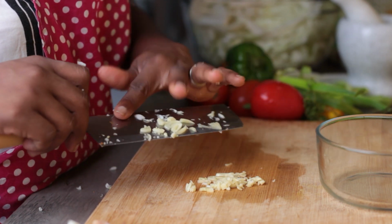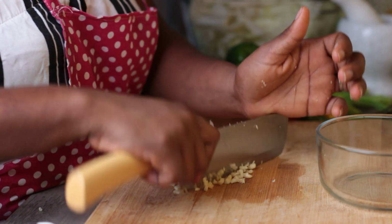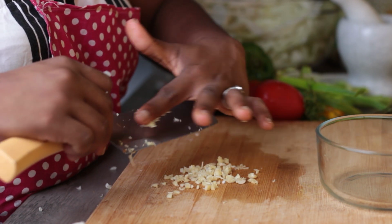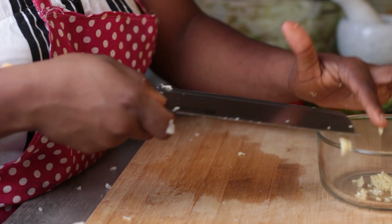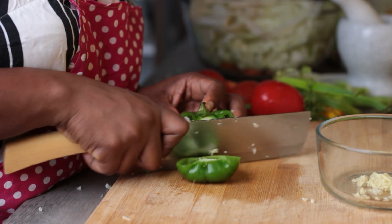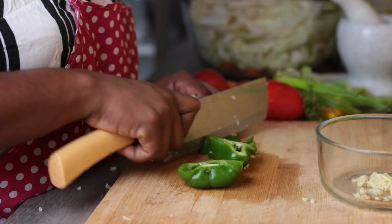Then maybe about 2 hours after having the tea, I'll have the soup, and then I'll just drink water for the rest of the day. So it's just the soup, water for the rest of the day, or if you want more soup you can have it throughout the day. And then in the evening I will drink another dose. I said dose like it's medicine, but yeah, I just drink some more soup in the evening and